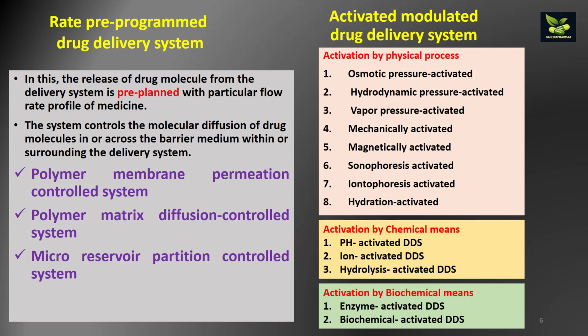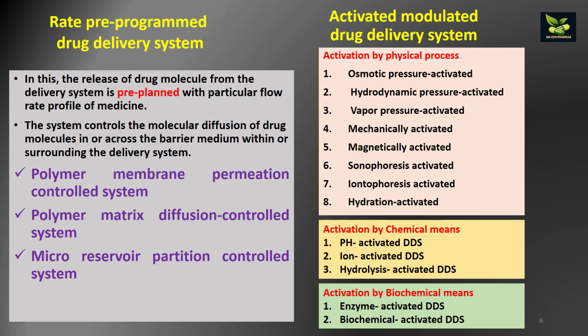Now we will see various types of these systems. First was the rate pre-programmed drug delivery system. In this, the release of drug molecules is pre-planned with a particular flow rate profile of medicine. Here the system controls the molecular diffusion of drug molecules in or across the barrier medium. It can be achieved in three ways. First is polymer membrane permeation control system. Second is polymer matrix diffusion control system, and third is micro reservoir partition control system. And in activation modulated,